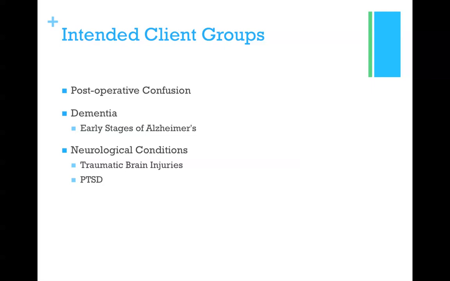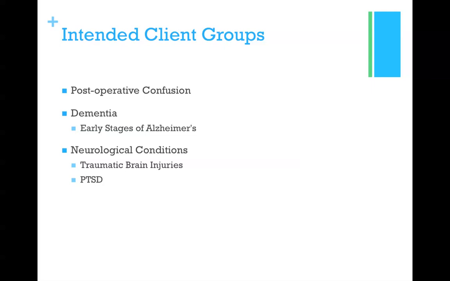Intended client groups include post-operative confusion, dementia, neurological conditions, traumatic brain injuries, and PTSD. As a side note, I did clarify that this is for early stages of Alzheimer's or dementia, because otherwise this can be really detrimental to the client if they suffer from moderate to severe Alzheimer's. It only leads to more confusion and frustration that will eventually lead to behaviors. So it's important to only use validation or reality orientation therapy with early stage